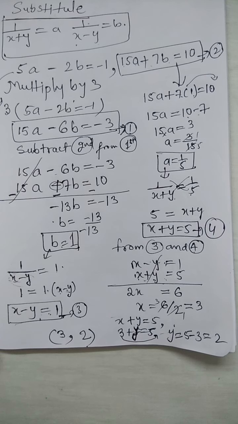Okay, in this way we have to solve such types of equations which are non-linear, and we have to convert them into linear by substituting some other variable, a or b or m, n, you can take. Then we have to solve them and get the value of the new variable which we have got, and then again resubstitute the value in the form of x and y and get the value of x and y. Whoever does not understand the elimination method, please go through my video which is made specially on the elimination method and learn. I have given some practice problems also in that.